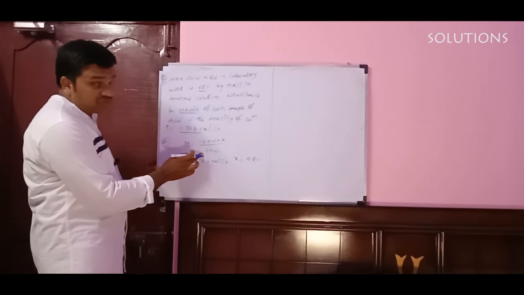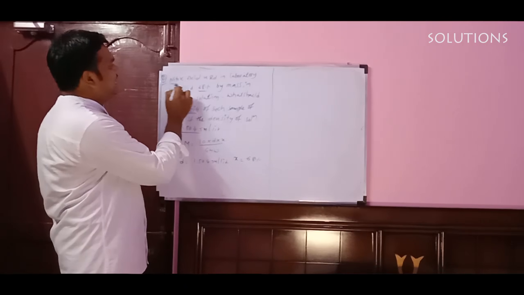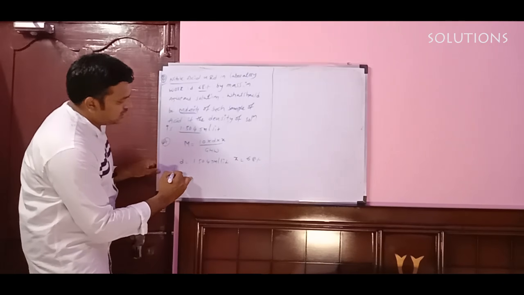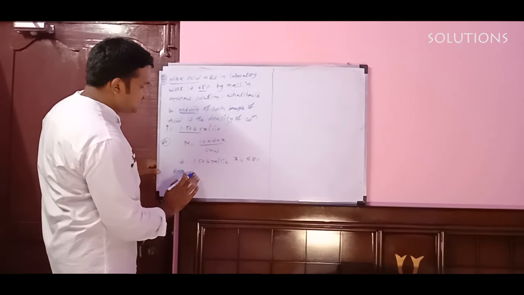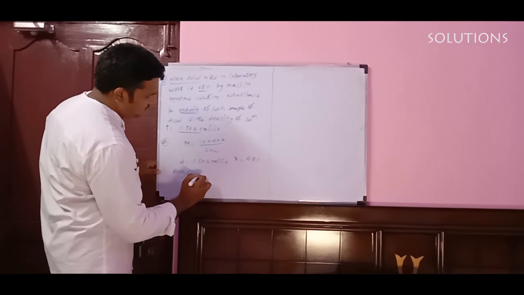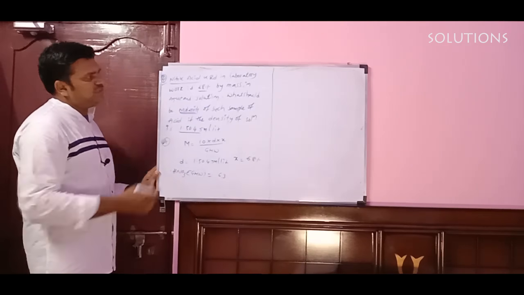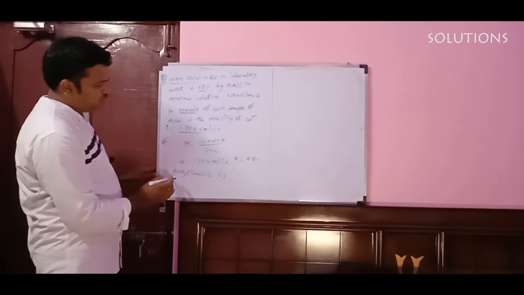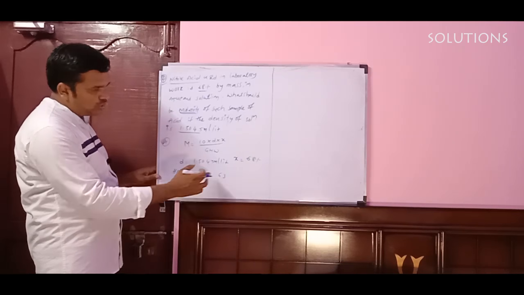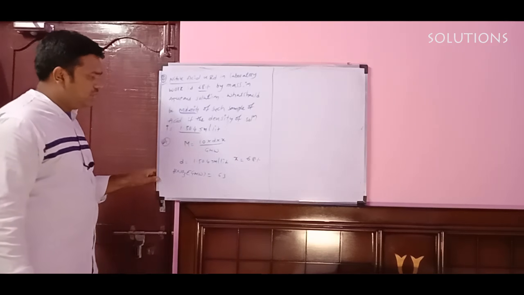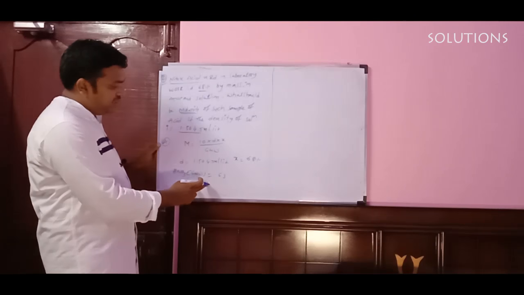Gram molecular weight of which compound do we have to know? We have to know that of nitric acid. What is the nitric acid formula? HNO3 is nitric acid. How much is its gram molecular weight? You have to get 63 only. We can add all the elements: hydrogen 1, nitrogen 14, and 3 oxygens, 3 into 16, that is 48. All together you will get 63 only. Now I want to substitute the D value, the X value, and the gram molecular weight.